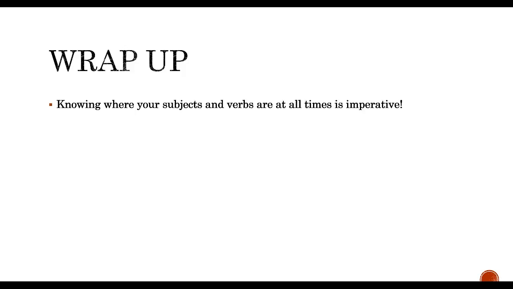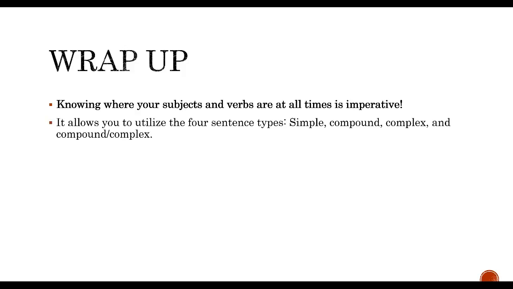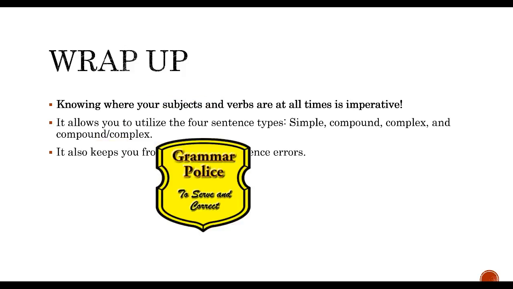Okay, so let's wrap it up. Knowing where your subjects and verbs are is imperative at all points in time in any sentence you write. And that allows you to utilize the 4 major sentence types: simple, compound, complex, and compound complex. It also keeps you from committing major sentence errors. So if you can remember these simple rules of sentences, you can be your own grammar police to serve and